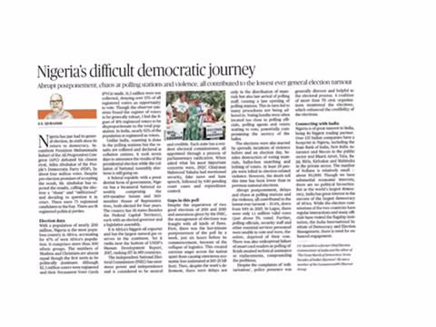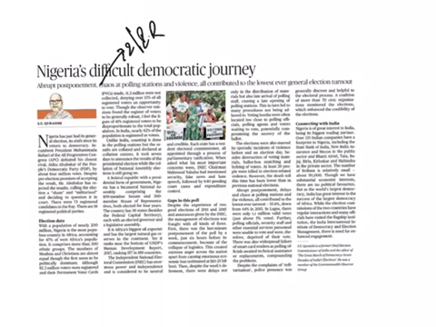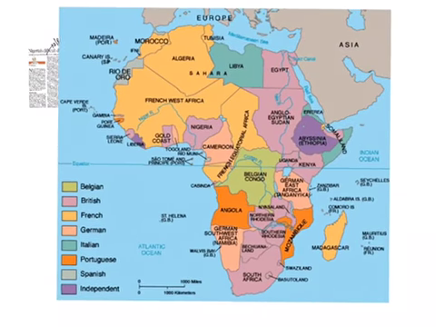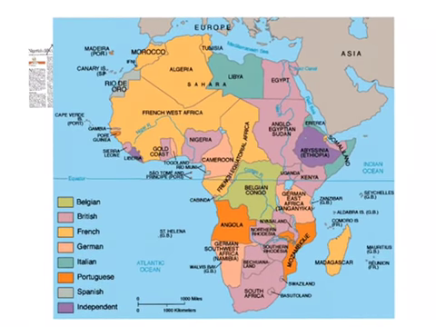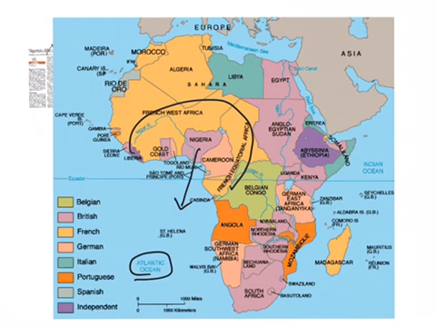The next article is Nigeria's difficult democratic journey. This article comes under GS paper 2 under the topic of international relations. Recently elections happened in Nigeria, so we should know the location of Nigeria from the prelims point of view. Here you can see Nigeria, and we should know what are the countries bordered by this. And this Nigeria opens into the Atlantic Ocean. Just note the geographical features of Nigeria.